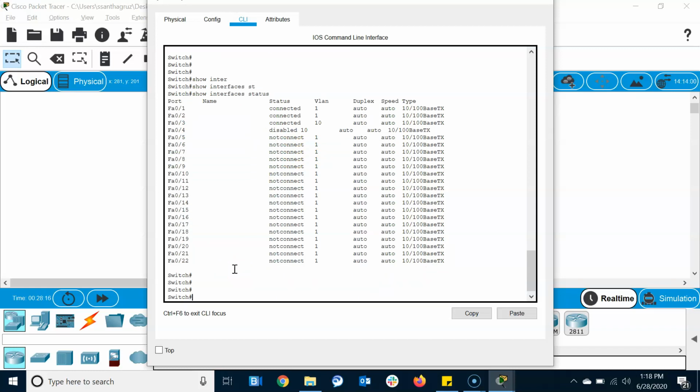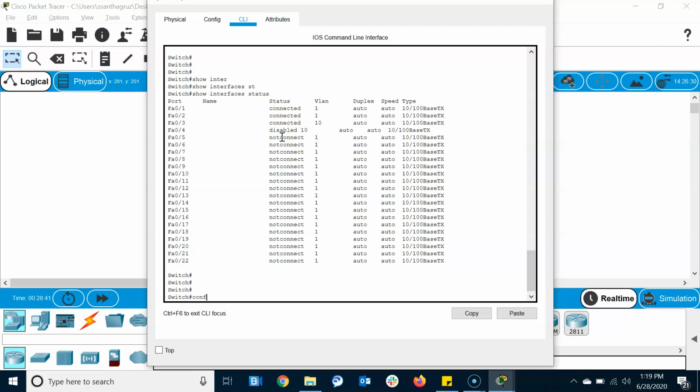So the default mode is violation shutdown, which is always safe to use, because in case an unauthorized person connects a laptop to the port, the port will automatically shut down in error disable mode, which is the safe mode to use. So we can just run show interfaces status of the ports, to see whether it is in error disable mode or whether it is the authorized MAC. So all those details you can see.